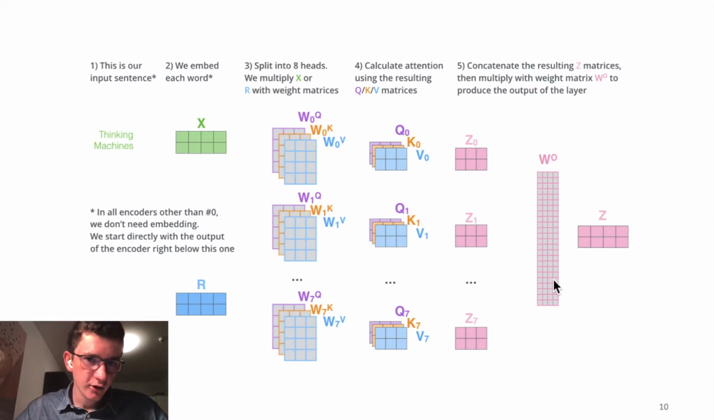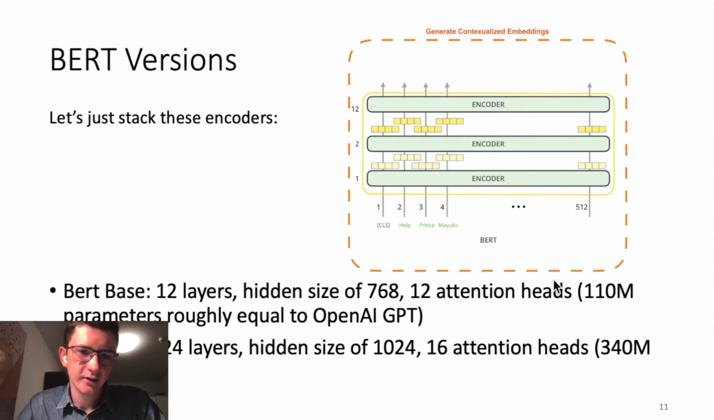So that's the encoder. So now we can build BERT. BERT is just stacking 12 of these encoders together, for BERT base, of course; one can adapt the number of encoders one wants. BERT large uses 24 layers, and BERT base has roughly 110 million parameters, which is roughly equal to OpenAI